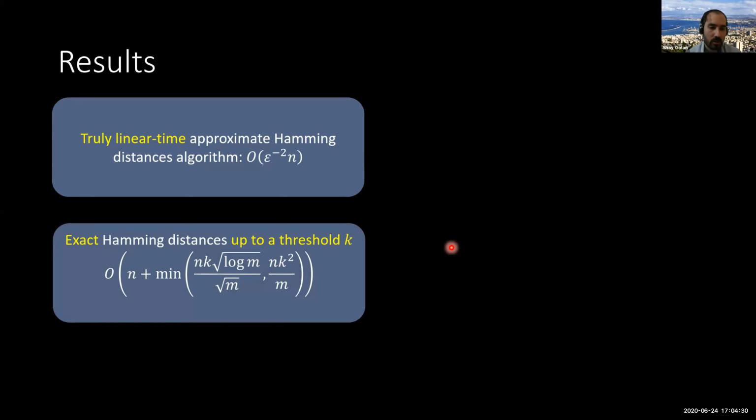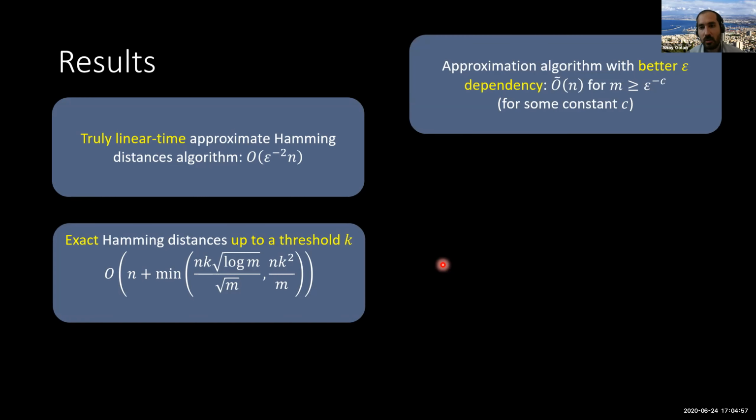And we also show that for the exact Hamming distance, not approximate, we want the exact Hamming distance, but up to a threshold k, we can achieve a running time which improves upon the best algorithm known so far by Gorbaczovsky and Uznansky. It's done, we shave some log factors. We show that